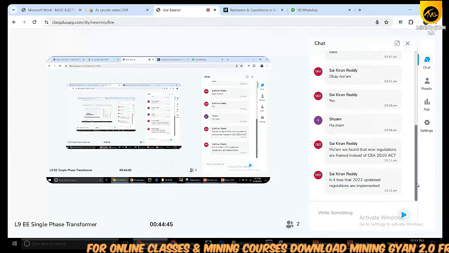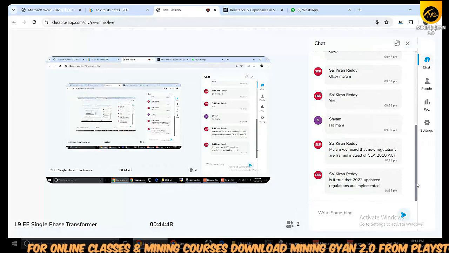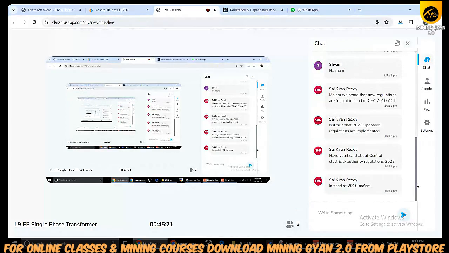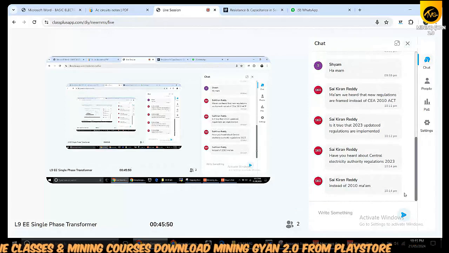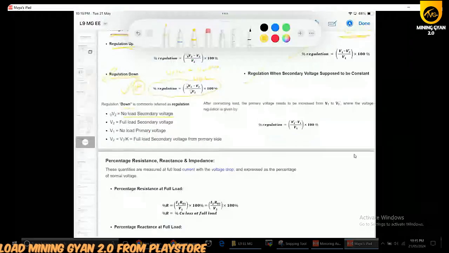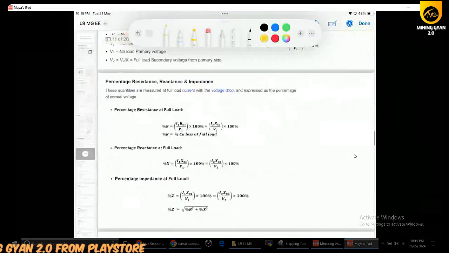As per my knowledge, CEA regulations will be related to the spare transformer. Yeah, so in every substation, they will provide some backup transformers. Do you want to know about the backup transformers? Why we are going to use that backup transformer? Why is it single phase, etc.? Otherwise, you can send your doubt question to the group, then I will be able to answer that. Okay, you please send the question in detail. As we have 15 minutes left, I'm continuing with the topics.